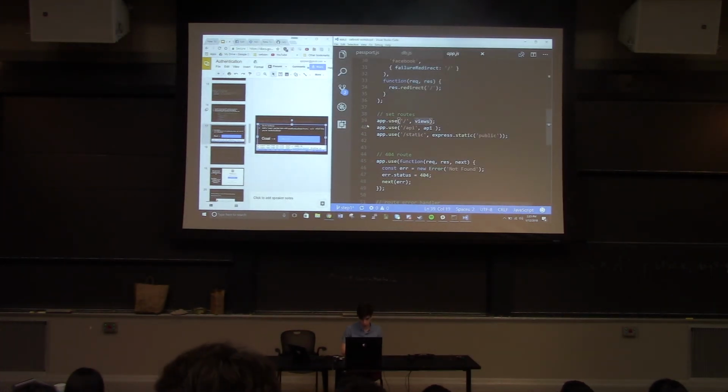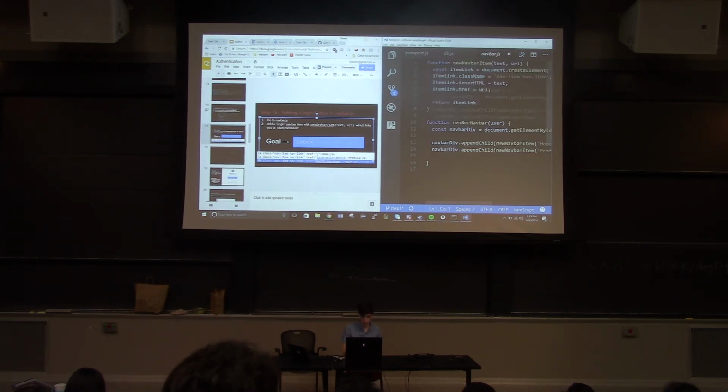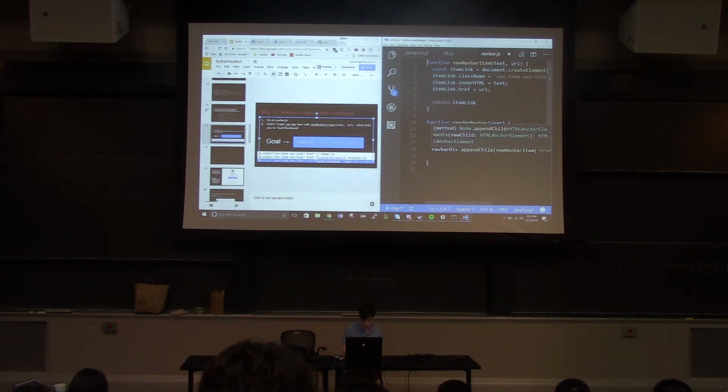This is really small, but I'm going to just go to it on my own computer. Navbar.js. So this looks familiar. We did this in workshop 0. This is old stuff. What do we want to do with it? Well, if you guys remember, on your own apps right now, when you log in, it just says home and profile. There's no real login button. So we now need to link up the front end of the website, the client-side JavaScript, HTML, and CSS,